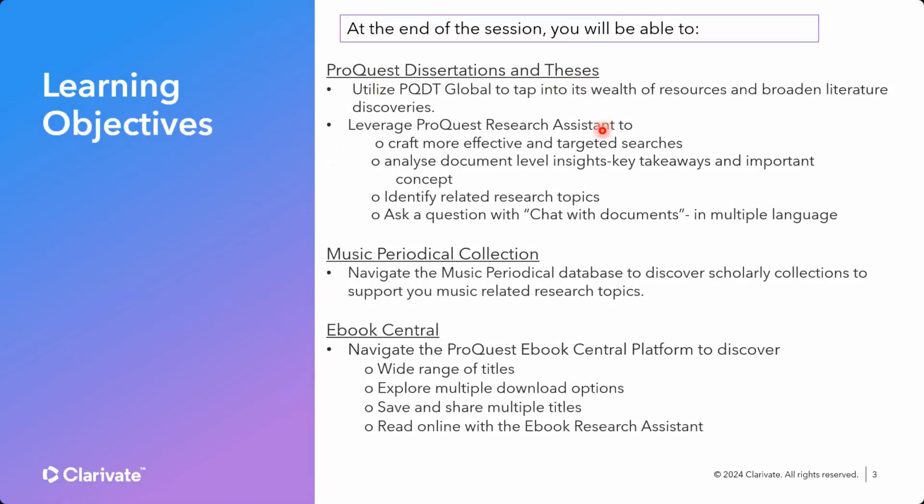which is the actual graduate work done by users. That can be a good example, a good model for you to start with if you have final year project papers, or dissertations or theses or any project papers for your postgraduate studies. It is a good place to broaden your literature discovery. Along with that, for the dissertations and theses, you have access to the research assistant, where you can do a quick analysis on the documents or papers you are analyzing.